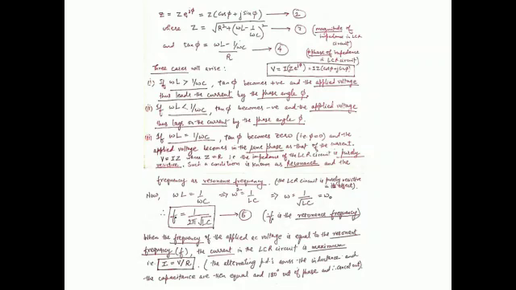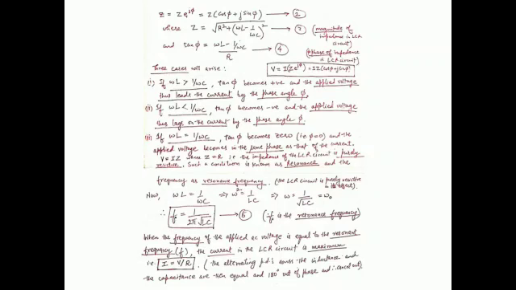Now we see that the LCR circuit at resonance has purely a resistive impedance, and therefore omega L is equal to 1 by omega C, and we get omega square to be equal to 1 by LC, or omega is simply equal to 1 by under root LC, which we express as omega naught, the angular resonance frequency. The resonance frequency f naught can be expressed as simply 1 by 2 pi under root LC, which is, say, equation number 5.